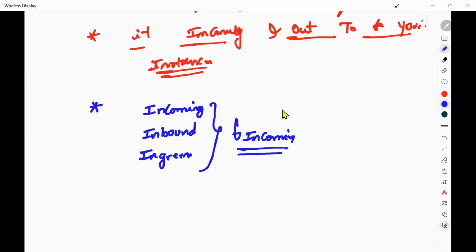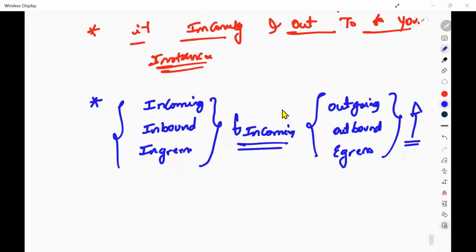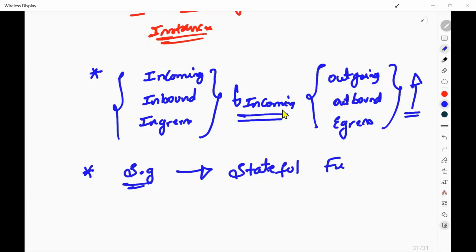Now, when it comes to outgoing, outbound, or egress, what is the meaning? Go out, outbound traffic. That is the meaning of all these three words. Please remember this. Why? Because the next point is that we call the security group a stateful firewall. Please remember this: stateful firewall.